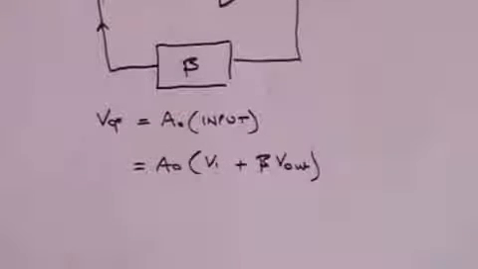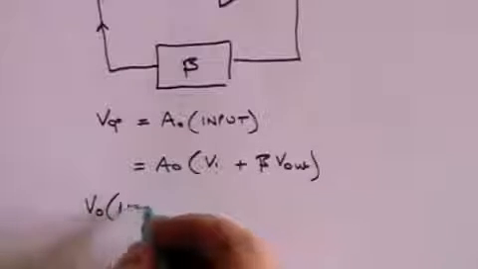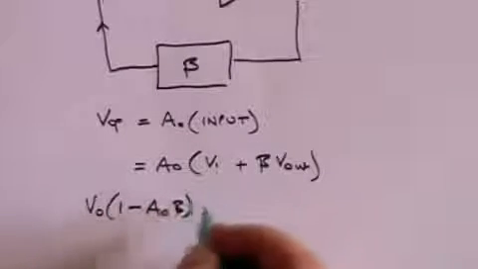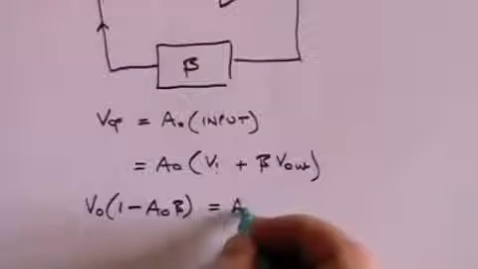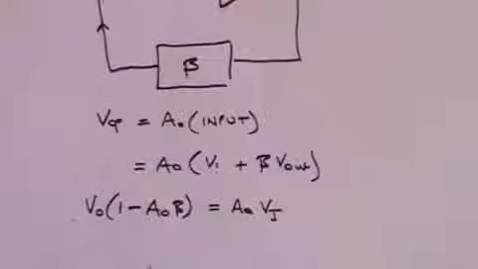And if you rearrange, you'll get that V out times 1 minus A0 beta is equal to A0 times V in. And that can be written as V out divided by V in,